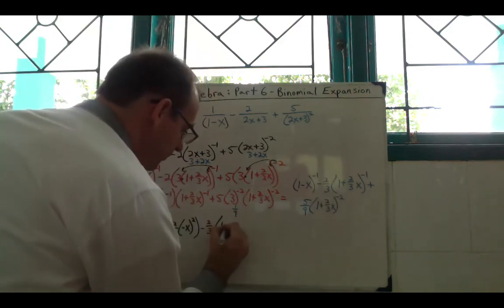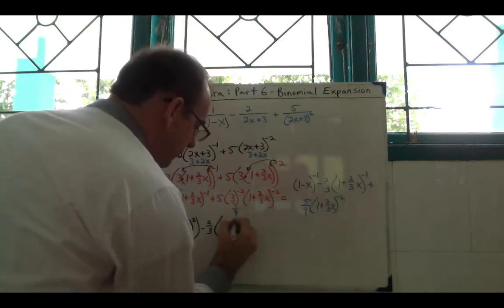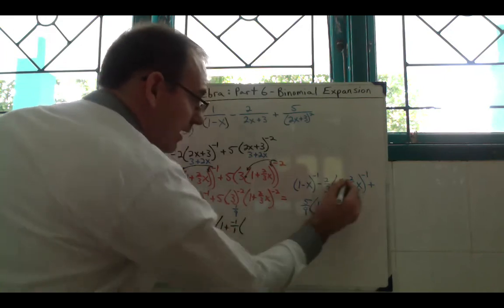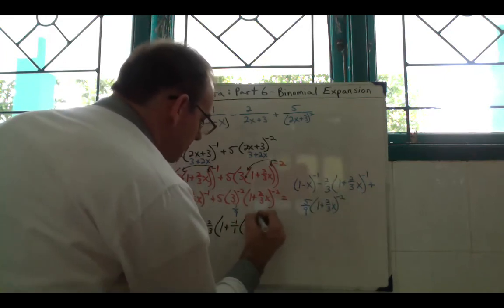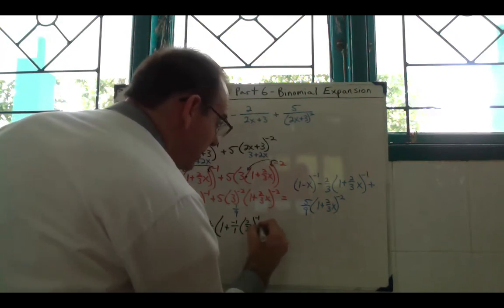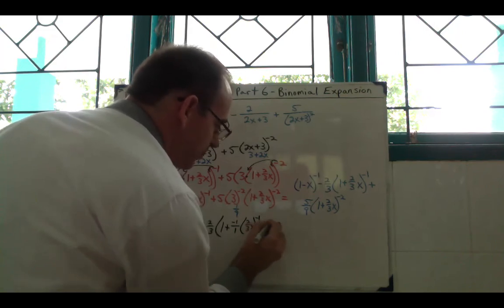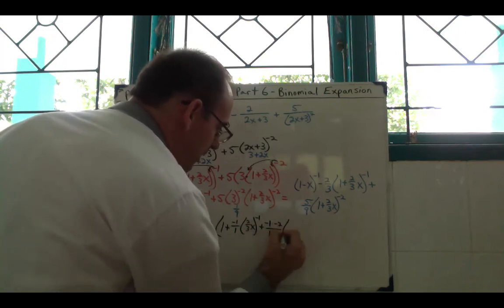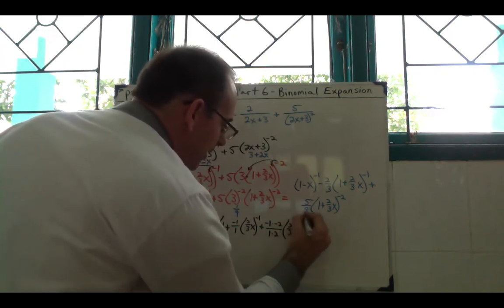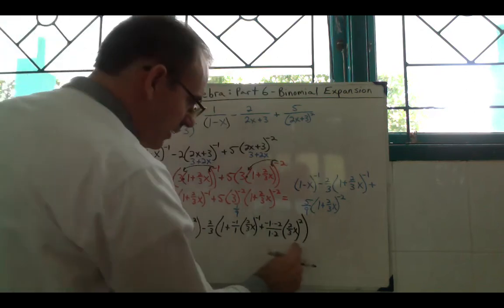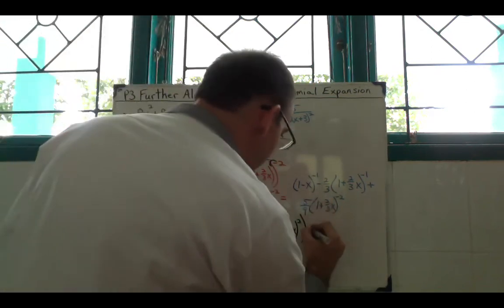So 1 plus a negative 1 over 1, and now our x is a 2/3 x to the negative 1, and then plus a negative 1 times negative 2, so the top goes down 1, the bottom goes up 1, and we have a 2/3 x now squared, and we've reached the end of this one. Then plus